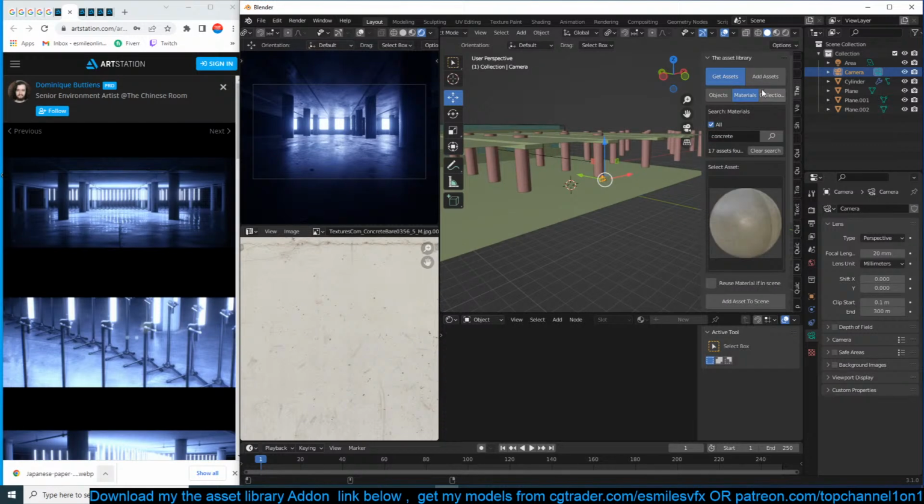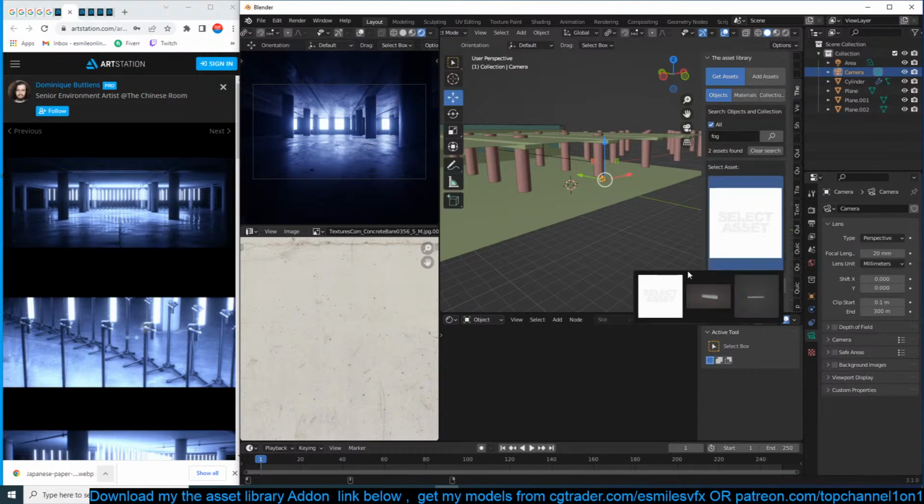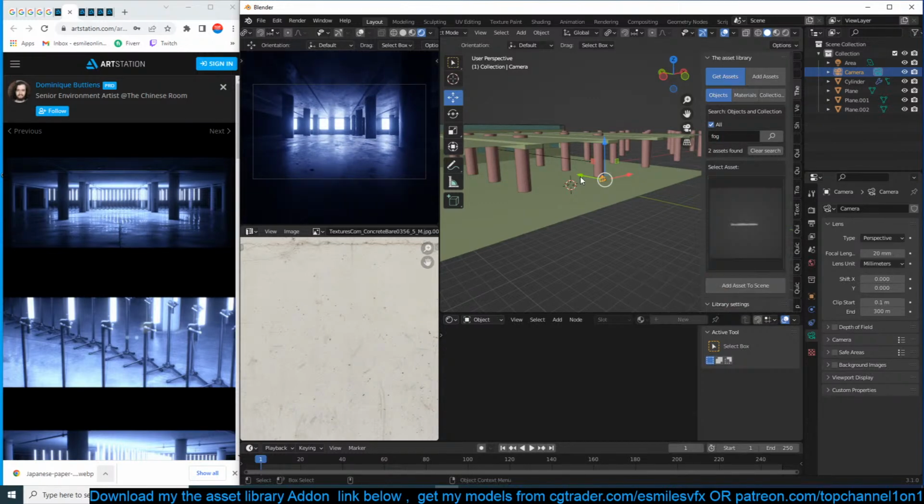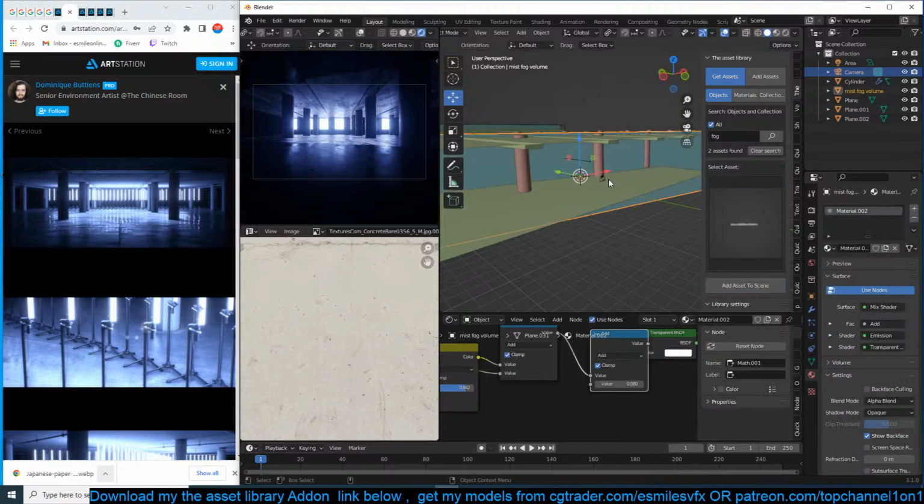You know, we can make the scene more interesting. Just add the fog we have, like a smoke effect.